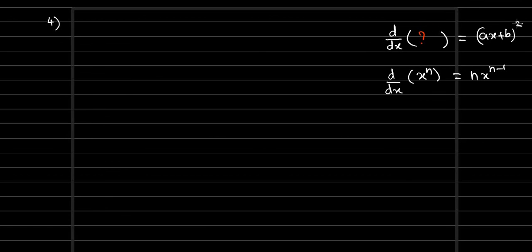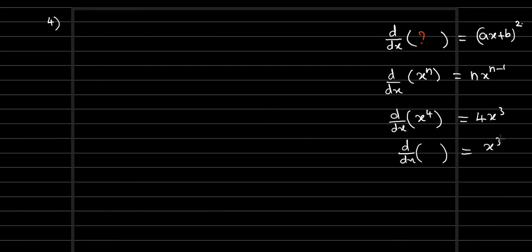ax plus b whole cube. So comparing to this, one power will be greater. We need to add plus 1 to the power. See, simple. Once again I will tell you. x power 4. x power 4 differentiation is what? 4x cube. You forgot about the 4 as of now. Okay, if we have x power 4, one is reduced. So we have x cube as the derivative. So tracking this, if you have power 3, one got reduced, right?